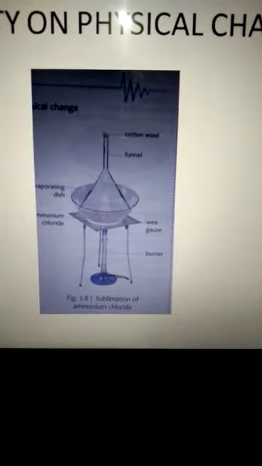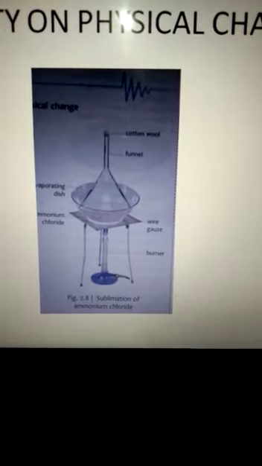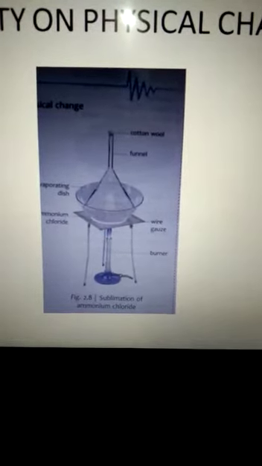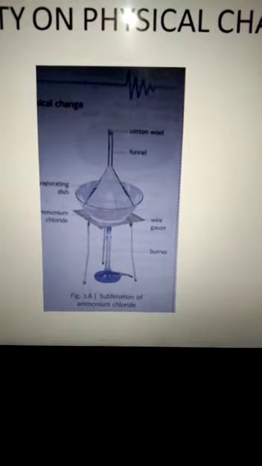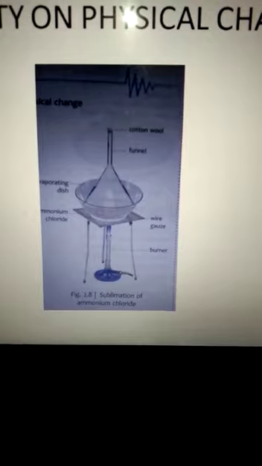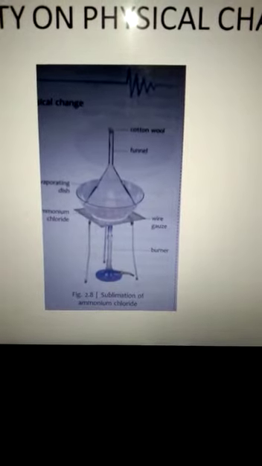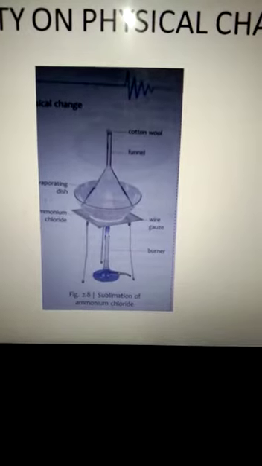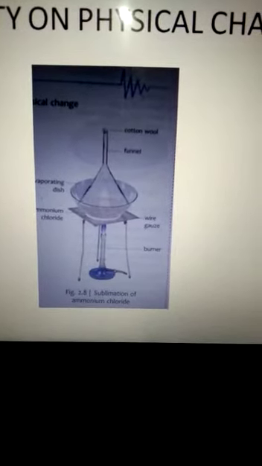When the fumes of ammonium chloride cool down, we get back the solid ammonium chloride. That is the process of sublimation, where a solid changes directly into the gaseous state, and the gas can again be converted into solid ammonium chloride. Thus, this is an